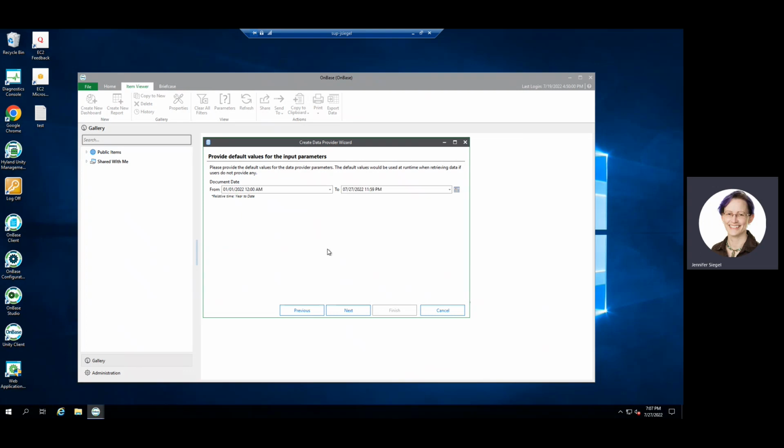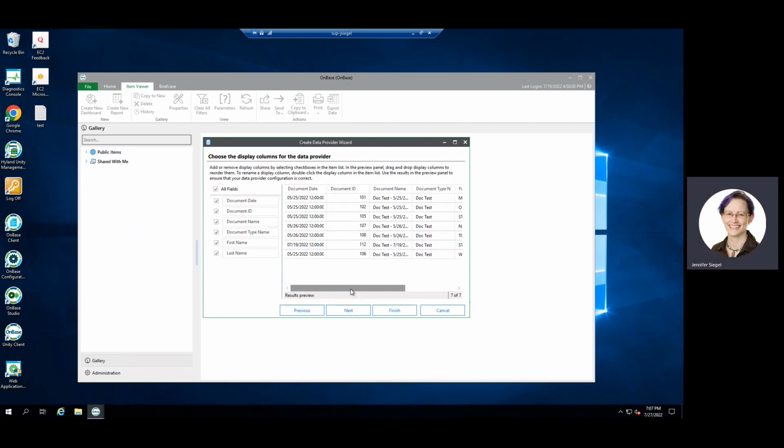There's not a whole lot in my system, so I feel confident that this is not going to pull back too much data. My advice generally when configuring these types of parameters is if you have a lot in your system and you don't know exactly how much data you're going to be pulling back, start small, right? You can always expand it, but start small so that you get a sample of the data to work with. And then as you get comfortable with what you're pulling back, you can expand that range as needed.